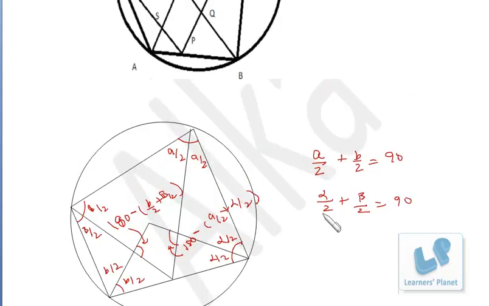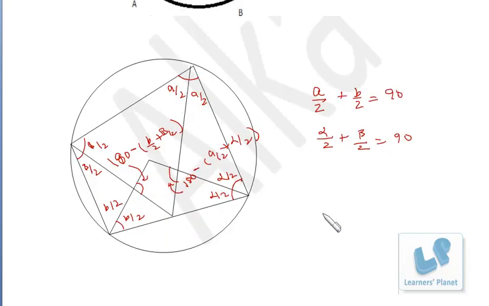Here, see, the first basic property is the sum of opposite angles of a cyclic quadrilateral is 180 degree. So this complete angle plus this complete angle is 180 degree, right? And since this is an angle bisector, I assume this complete angle to be A and this complete angle to be B. So this will be A by 2 and this will be A by 2, right? So if A plus B is 180, that means A by 2 plus B by 2 is 90. Similarly, this complete angle is alpha and this complete angle is beta. So alpha by 2 plus beta by 2 will be 90 degree, right?